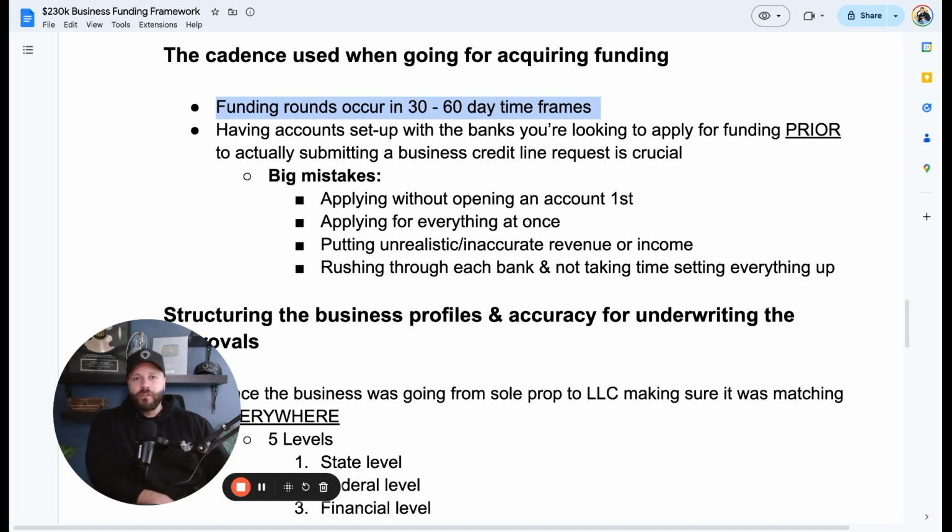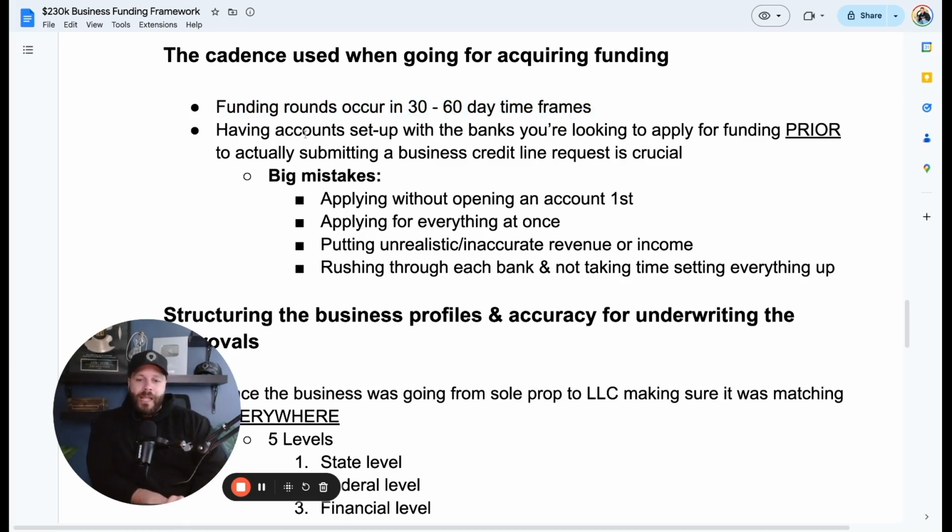Once that's done, and assuming you've already done that 30 to 60-day time frame, from the moment that you submit the first banking application, either in person or online, it usually takes about 30 days by the time you actually get the funds in your account. For you to properly see all those applications through, sometimes applications get put in a holding window, which can last anywhere between 7 to 21 days, which is why I wanted to give you this buffer right here.